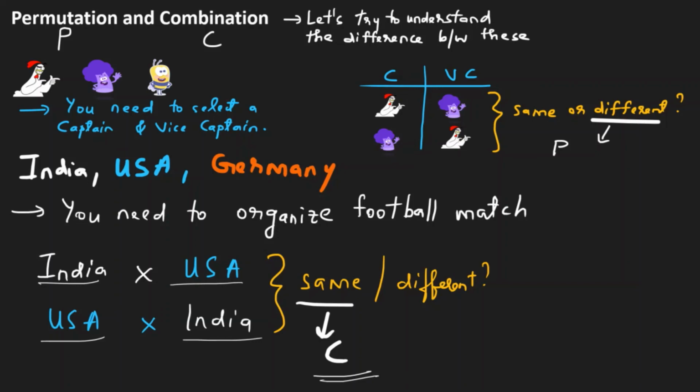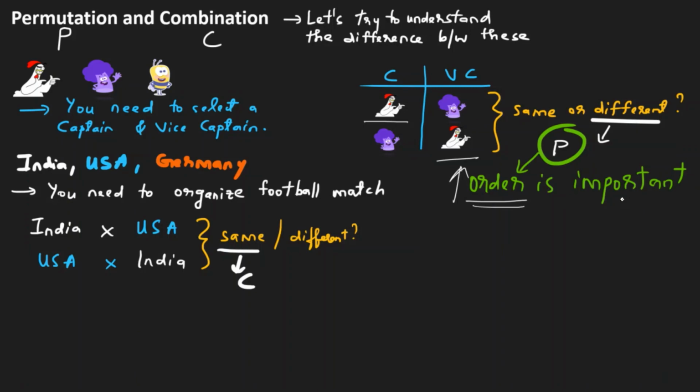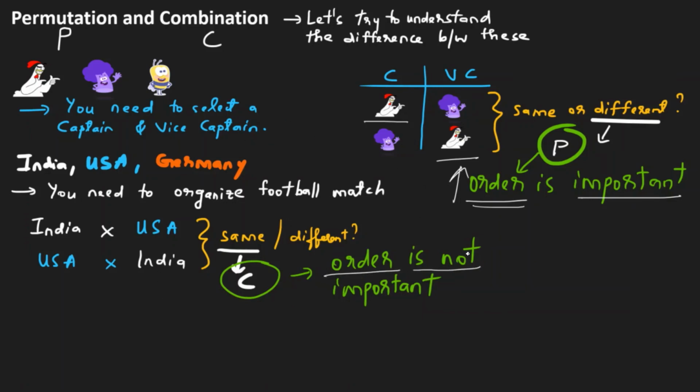Alright, we are moving ahead building an intuitive understanding of combination and permutation. Let's keep this aside. Now you will see that in this case where we had to select a captain and a vice captain, the order is important, right? Having the hen over here and having the hen over here makes a huge difference, right? So the order in which the items are arranged is important. But what about in this case? We can see that the order is not important. If I mention the game as India versus USA or USA versus India, it's one and the same. Therefore, the order is not important, right?